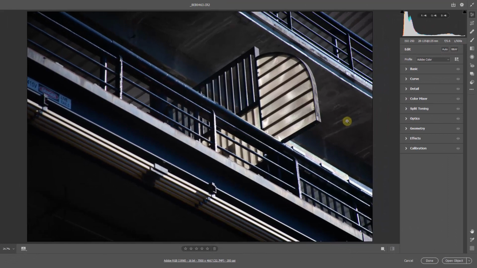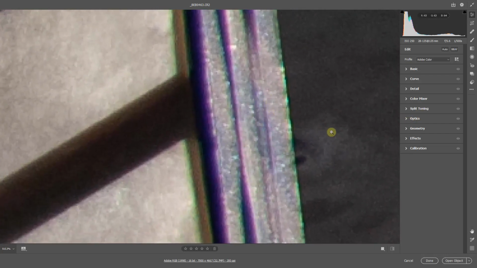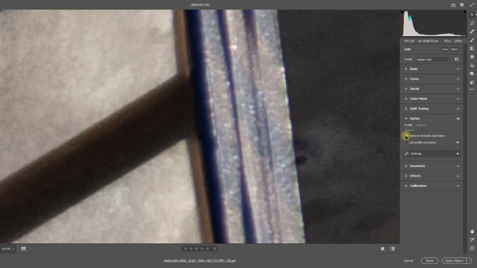As you can see here, I've opened up my original image and I've reset all of the Camera Raw settings back to default. So if I click and drag over the same location as before, we see the chromatic aberration just as we saw before. So let's go to the options in the optics and I'll tick the box to remove chromatic aberration. Now in the vast majority of cases, I think that correction is going to meet all of our needs, but